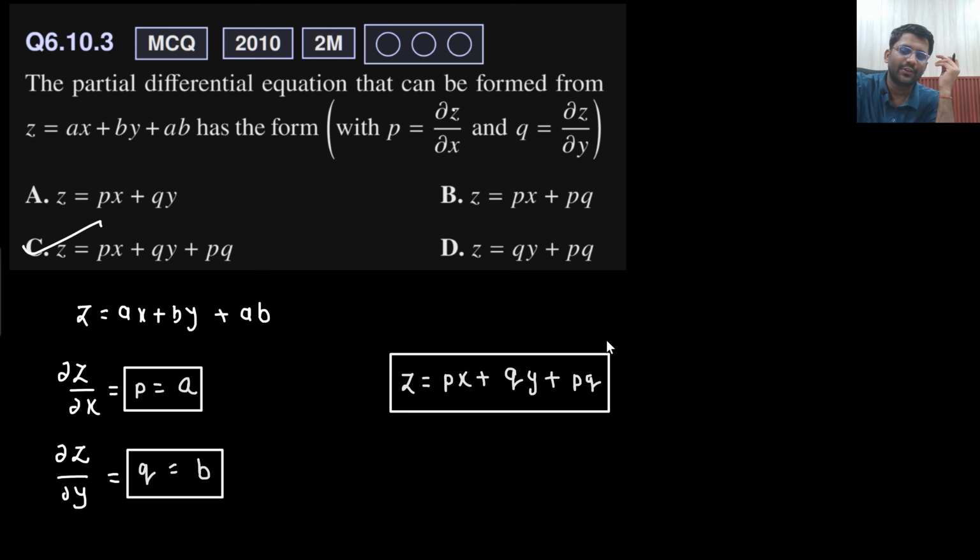Partial differentiation of z with respect to x, answer is a. Partial differentiation of z with respect to y, answer is b. a into b will be p into q here, and here you need to put px plus qy plus pq. That's it. This is the answer that you are getting. Next,